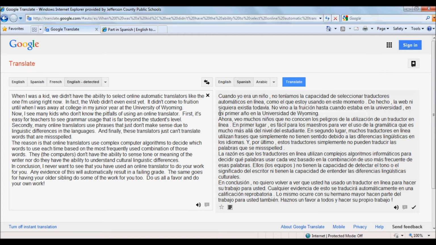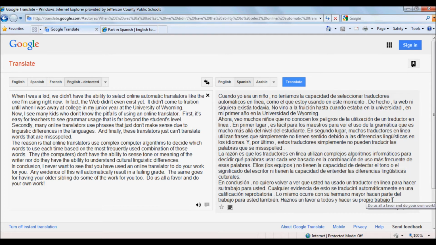And take a look at this, mi primer año en la Universidad de Wyoming. Those of you who remember what primer means know that that's not junior year. And we'll continue going down. Here is our word that was misspelled and is still in English. I know a lot of people will end up doing that, and it will still keep it in there because it was misspelled. And we'll have things even towards the bottom like asnos, which is something that you guys haven't learned how to do yet either. So it's really easy to figure out if somebody has used those.